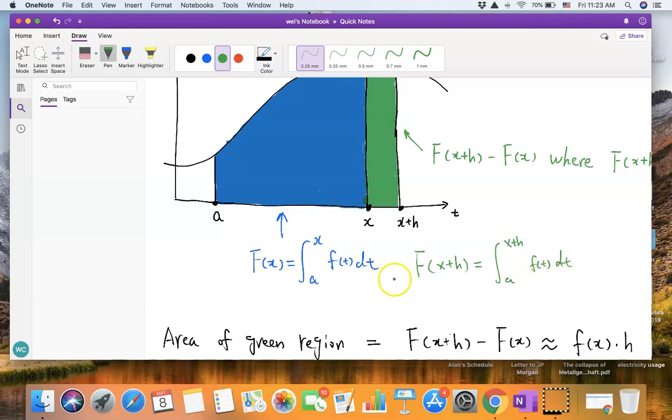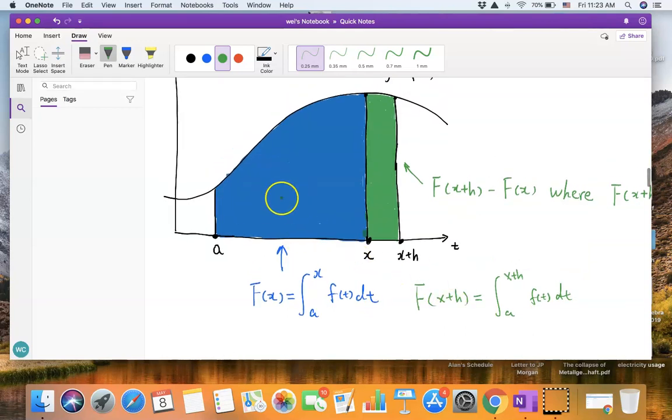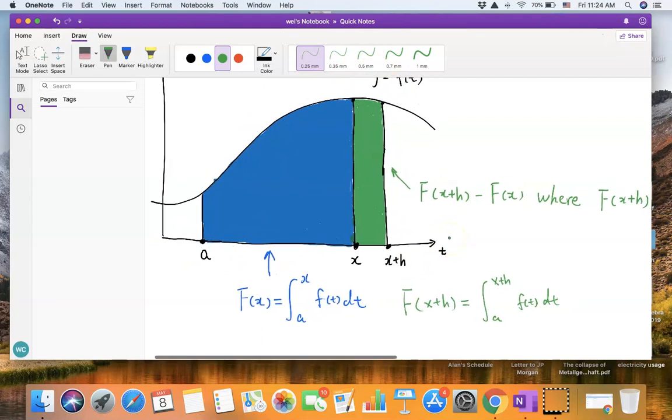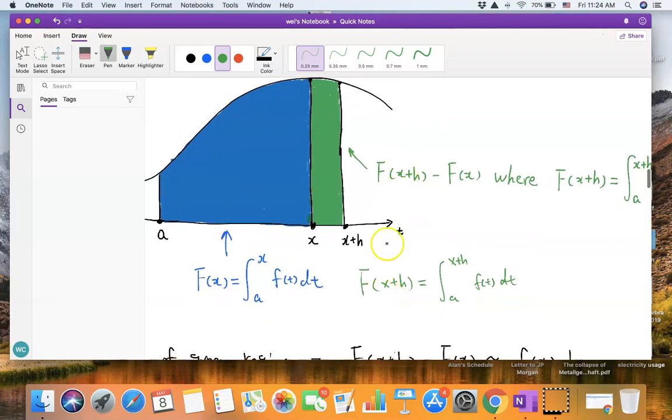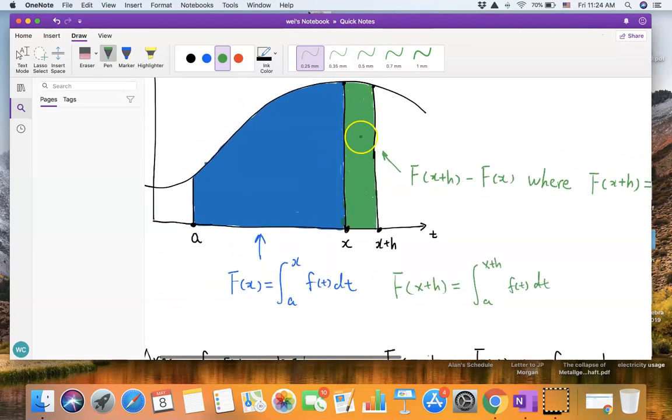So the function value of F(x+h) is the region bounded between this number a and this variable x plus h, and between this curve and the horizontal axis, right? So therefore, the difference between these two functions will be the area of this green region,